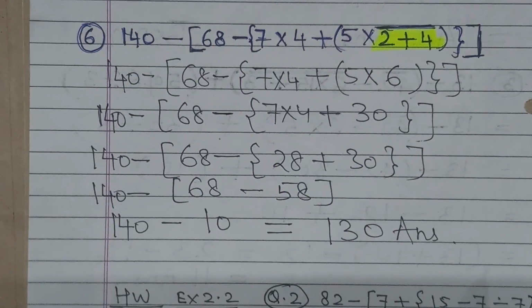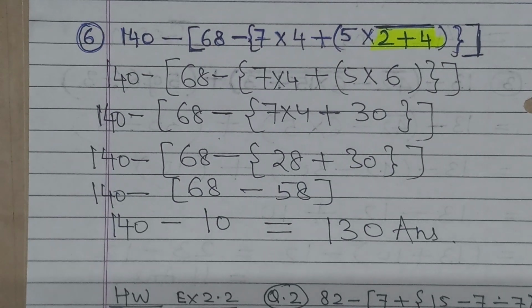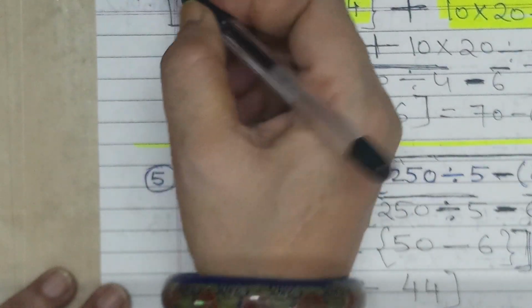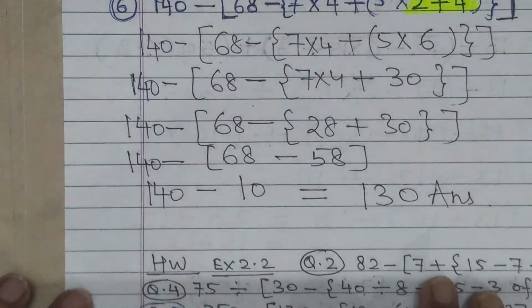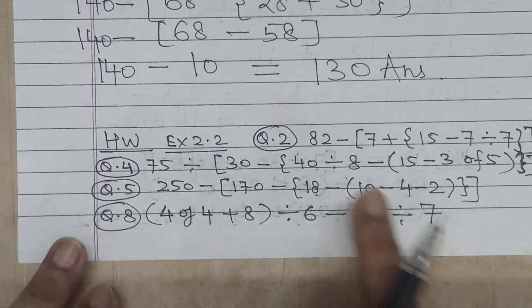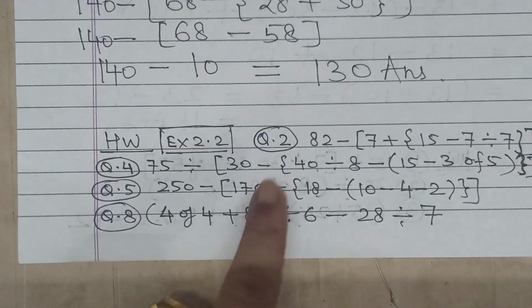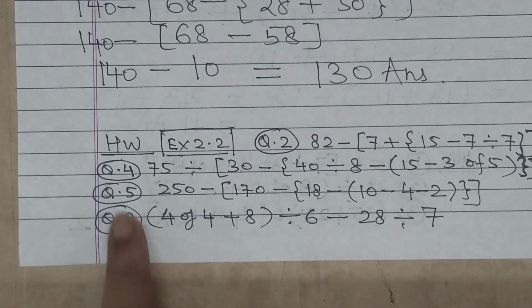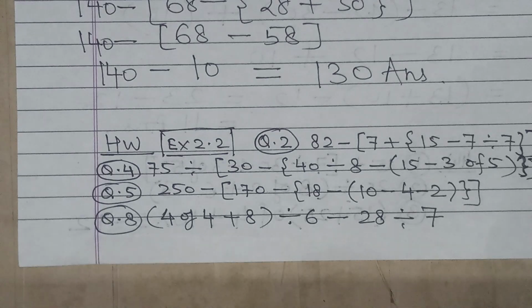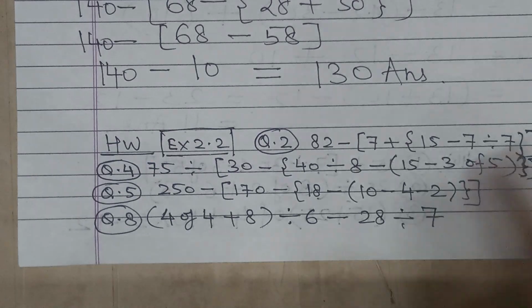Now this is your classwork, these 3 questions are your classwork। If you want you can renumber your question, this is question number 1, 2 and 3। All right, now these 3 questions and I have given the homework also from the book। These are exercise 2.2 question number 2, question number 4, 5 and 8। There are 4 questions to do। Maybe tomorrow I may send before Monday or on Monday the answers or solution for this also,